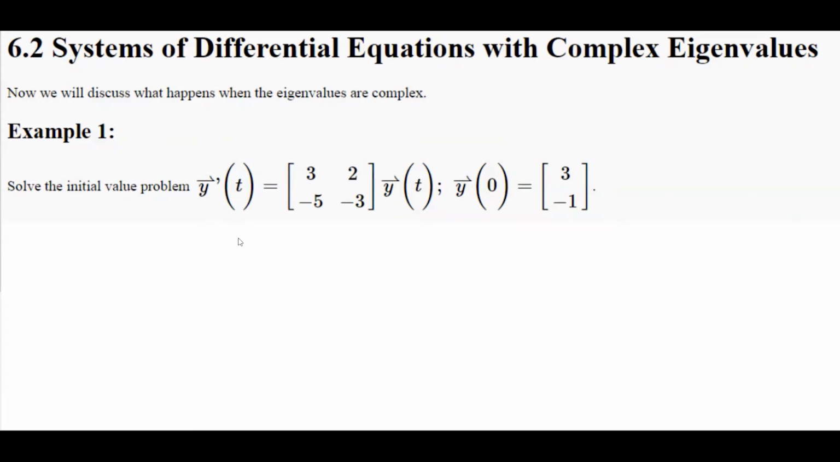All right, so now in 6.2, we're going to solve more systems of differential equations, but now we're going to get complex eigenvalues, and we're going to see what happens when you have a complex eigenvalue. So we're going to solve this system. It has an initial value. So we need the coefficient matrix. We need to find the